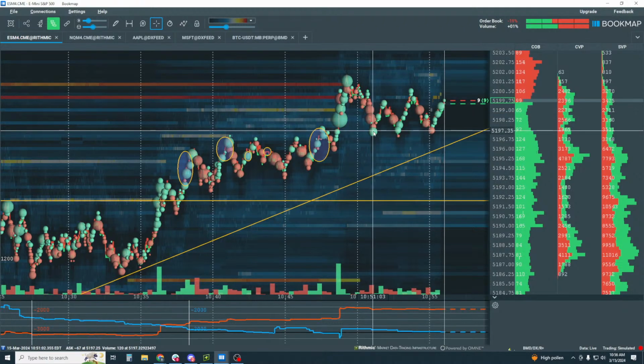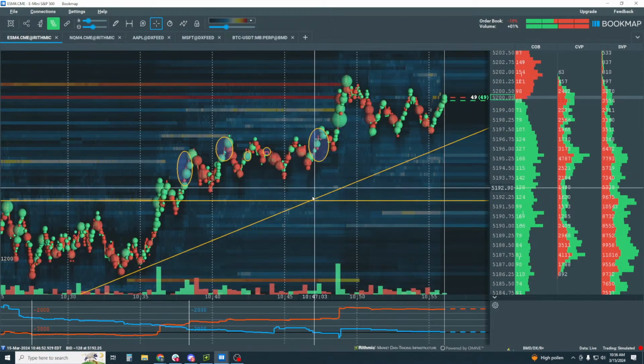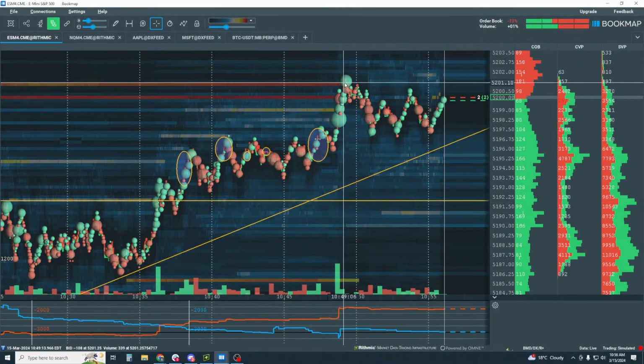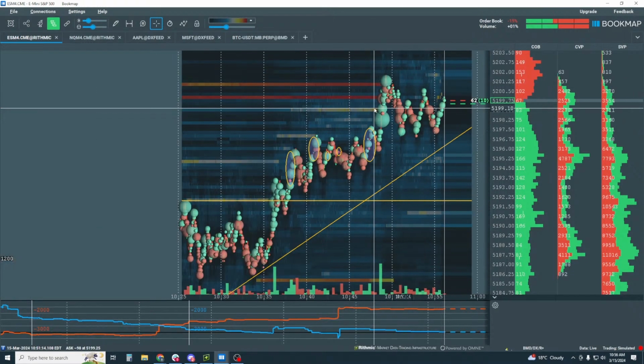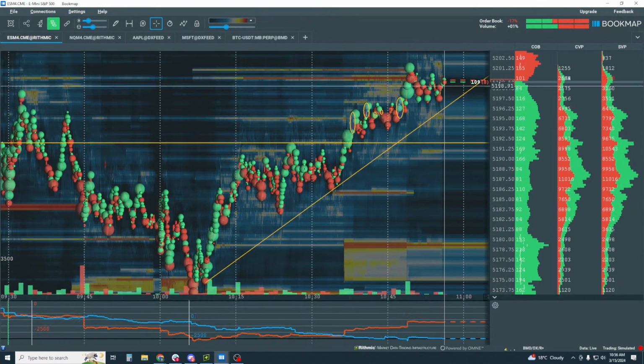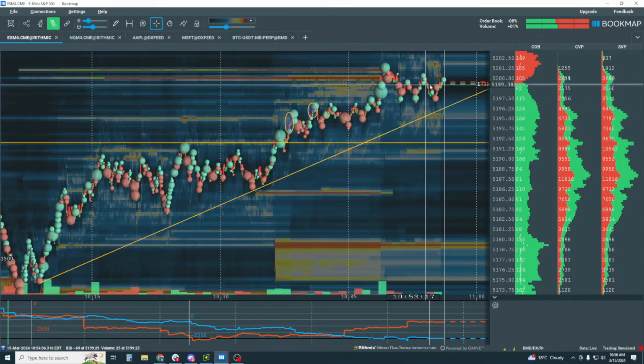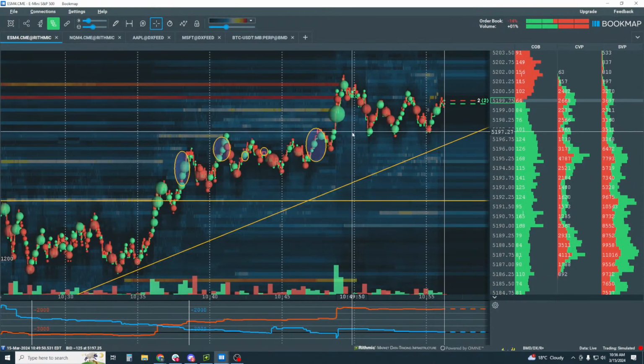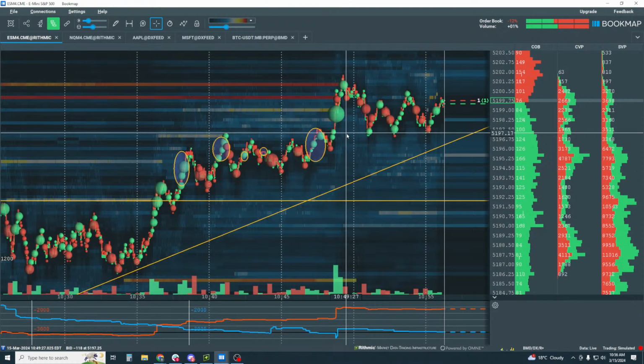All right, so we got our pullback here only to 97. Okay, we didn't get down to 92 in a bigger picture pullback. However, we did get a pullback. Okay, and we can look at a smaller time frame pullback here. It happened here,